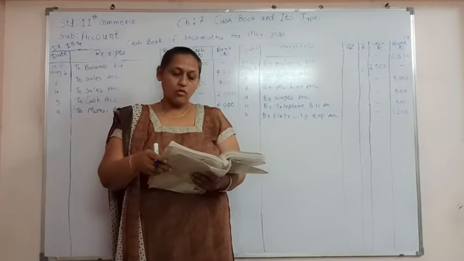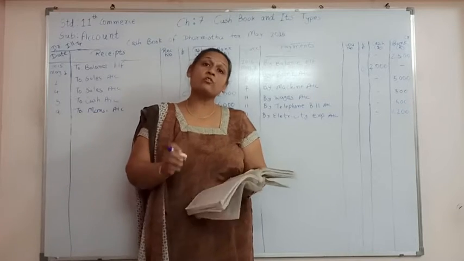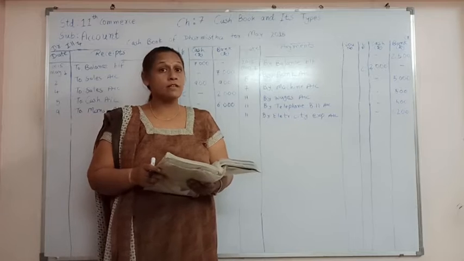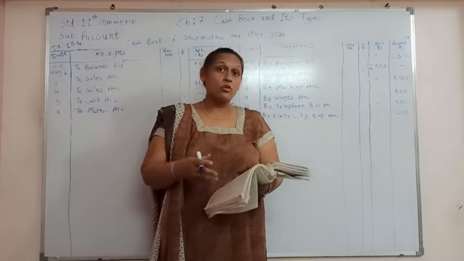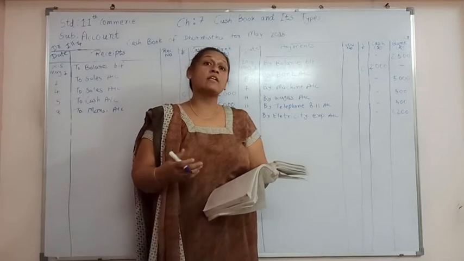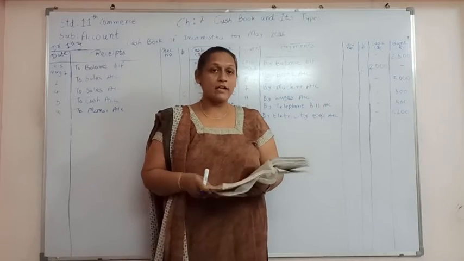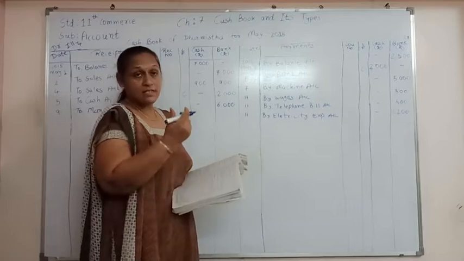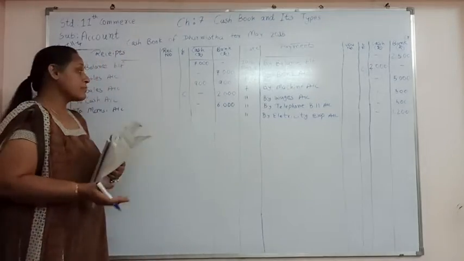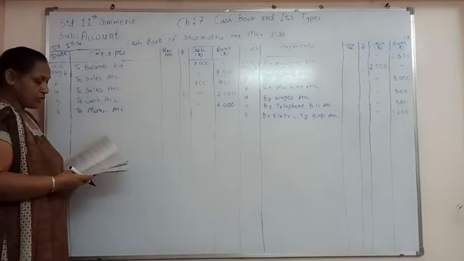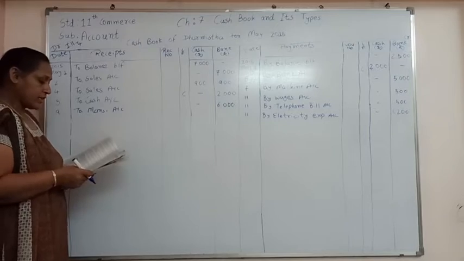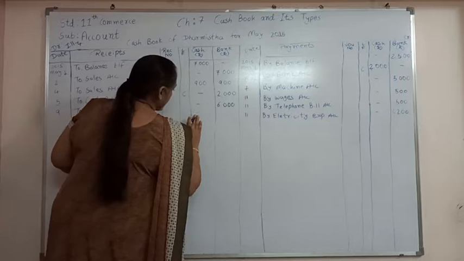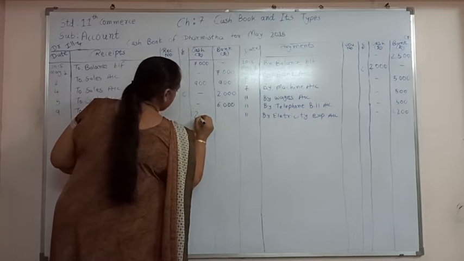So here what we have done, we have withdrawn the amount from the bank, but we haven't yet paid the insurance premium. So we have withdrawn cash. So here again it is called a contra transaction. So we are going to write on both sides of the cash book. As cash is coming into the business, we are going to debit the cash account, and in the cash column we will write 2000.